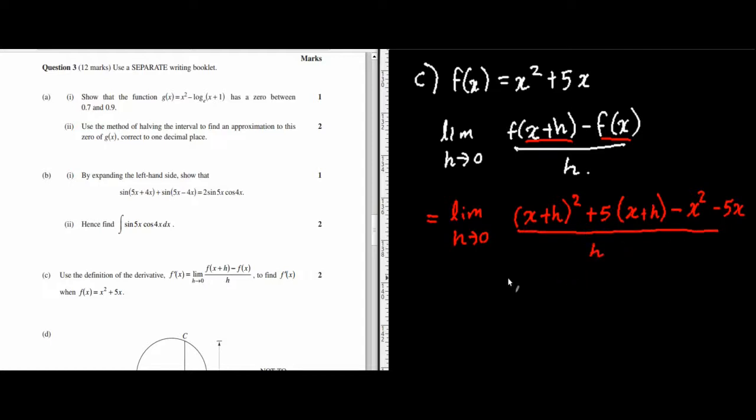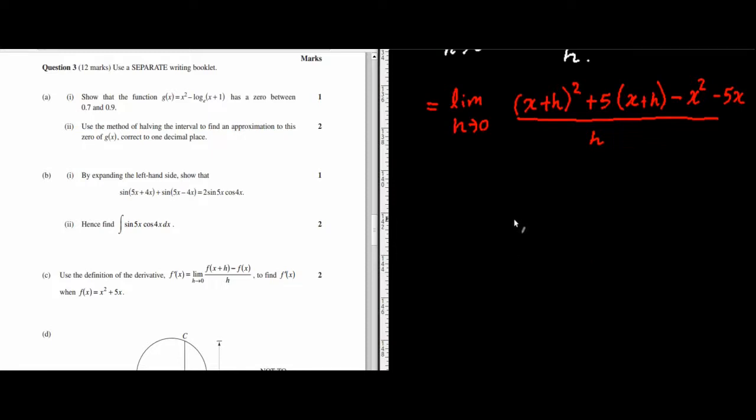Now what I was trying to tell you before was, with these type of questions where you need to use the limits, and there's an h underneath, the idea is to do, as much as possible, difference of squares. Difference of squares and difference of cubes in these questions are going to appear quite frequently. So if you can see these two that I've underlined, that's the difference of squares, so I can rewrite this to go